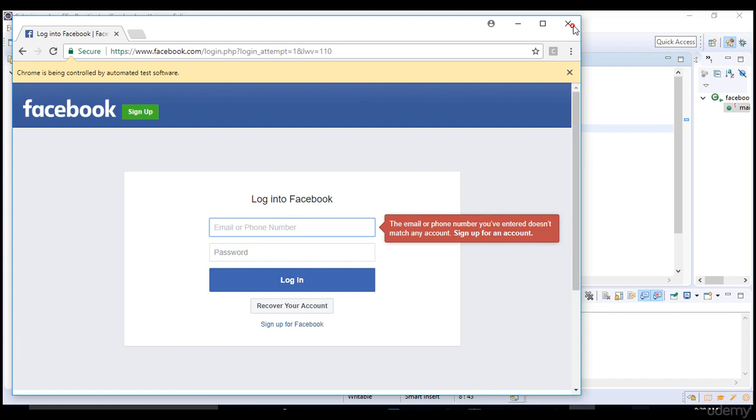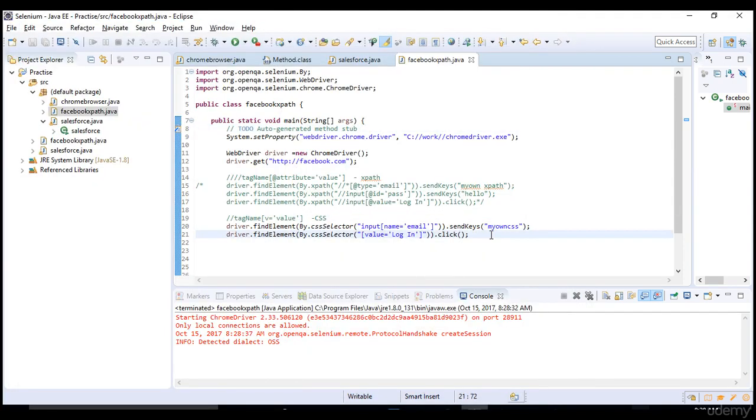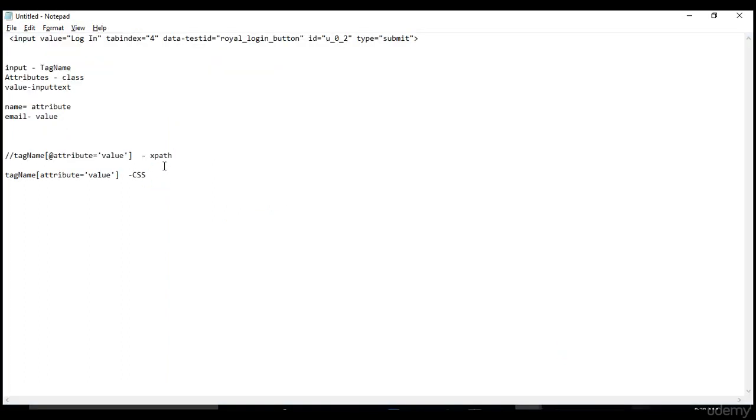Okay, yeah. We can also replicate the CSS in another way. I'll tell you one more way to write the CSS. These are the standard syntaxes. First of all, if you have a tag name and if you have an ID, you can form CSS simply like this: tag name hash ID.